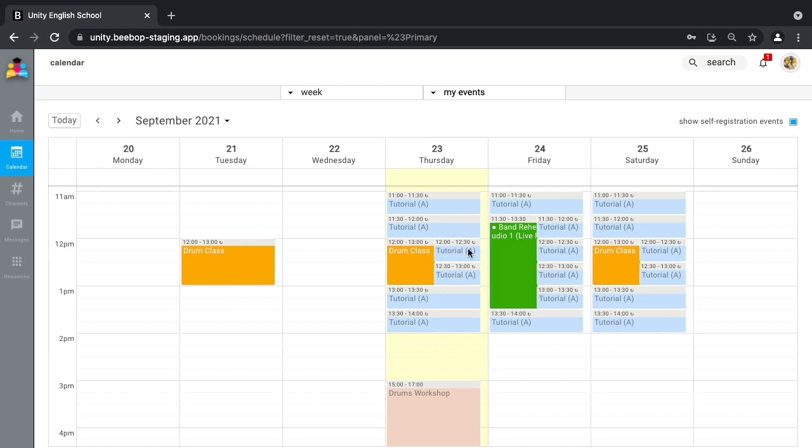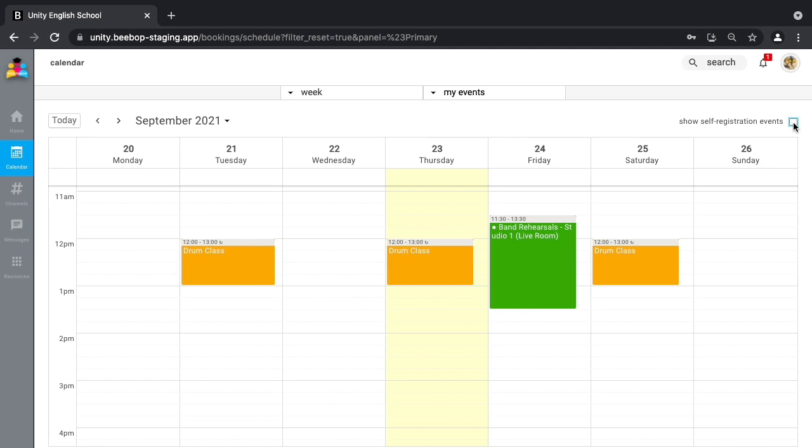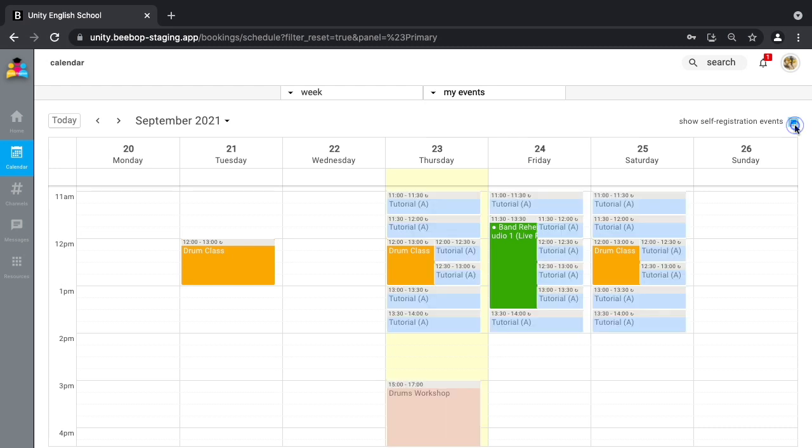invited to register. So to avoid confusion, we have this checkbox where you can quickly jump between looking at just the events for which you are a participant and you're expected to be there, such as classes, and there is a rehearsal with somebody else, and all the other slots which are there available for you to take. And in fact, we're going to go and take one of these tutorials, register,